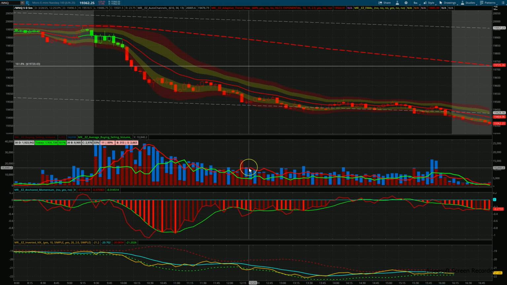As far as what I was saying about the averages in terms of volume, you got the red line over the green line. We know that's basically selling going on. And as long as the red line stays over the green line, price comes down. You can get little dips here, little counter trends pop up. But as long as that red line pretty much stays over the green line, you're dealing with a situation where price is coming down, it's not going up. On the open,